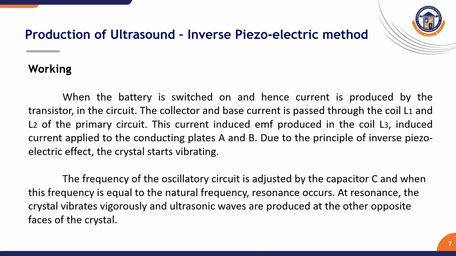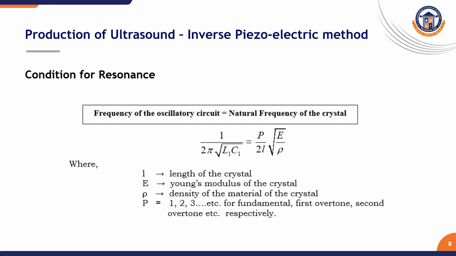The frequency of the oscillating circuit is adjusted by the capacitor C, and when this frequency is equal to the natural frequency, resonance occurs. At resonance, the crystal vibrates vigorously and ultrasonic waves are produced at the opposite face of the crystal. The condition for resonance is that the frequency of the oscillatory circuit equals the natural frequency of the crystal,